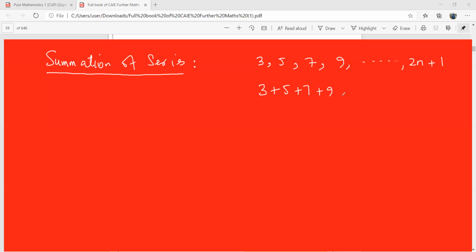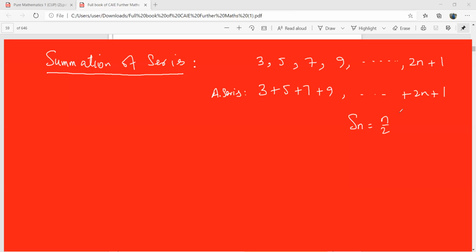So this is going up to 2n plus 1. We do need sometimes the sum of, let's say, the first 5 terms or the first 10 terms. You have seen that this is also called an arithmetic series, okay? You have seen that there are formulas for the sum. If you just see that the Sn is